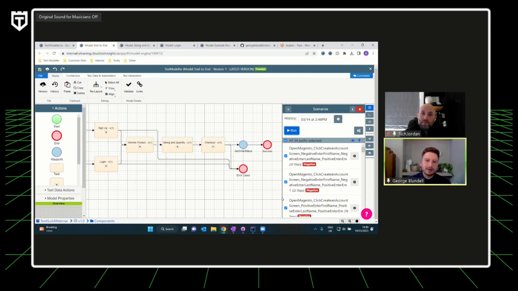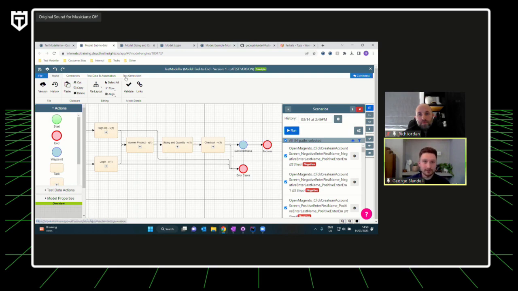Then we've talked about how we can overlay test data and test automation onto those models. Then we've talked about how we can generate test cases based off of a range of different coverage settings. Essentially, now that becomes risk-based testing.